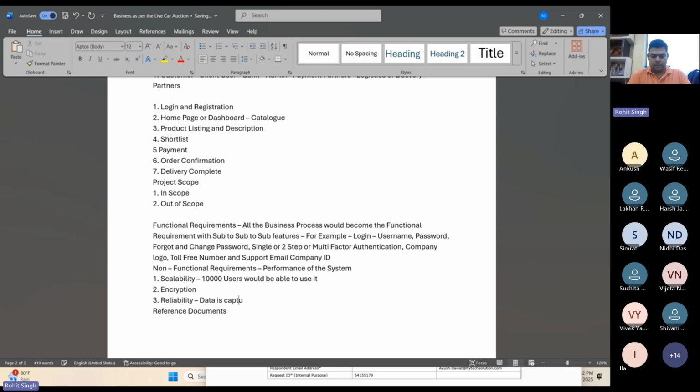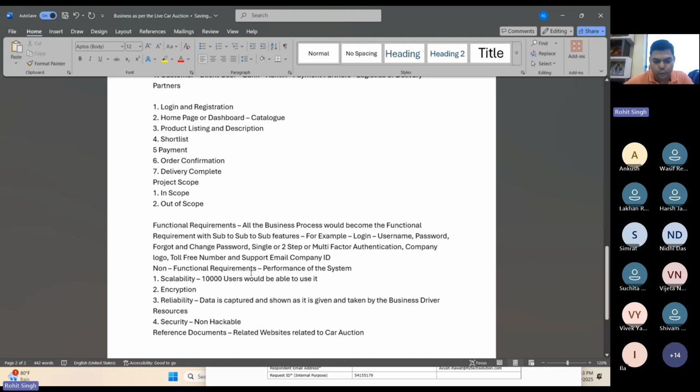data is captured and shown and it is given and taken by the business driver resources, ठीक है। Fourth is securely non-hackable, ठीक है। Reference documents, related websites related to car auction, जो भी हमने go through करा, and all client and historical documents, हो गया, ठीक है।